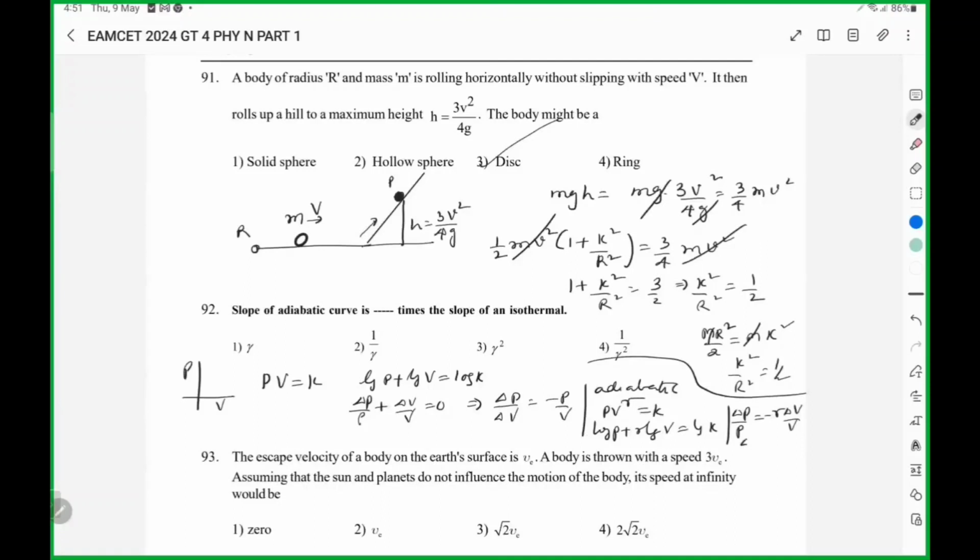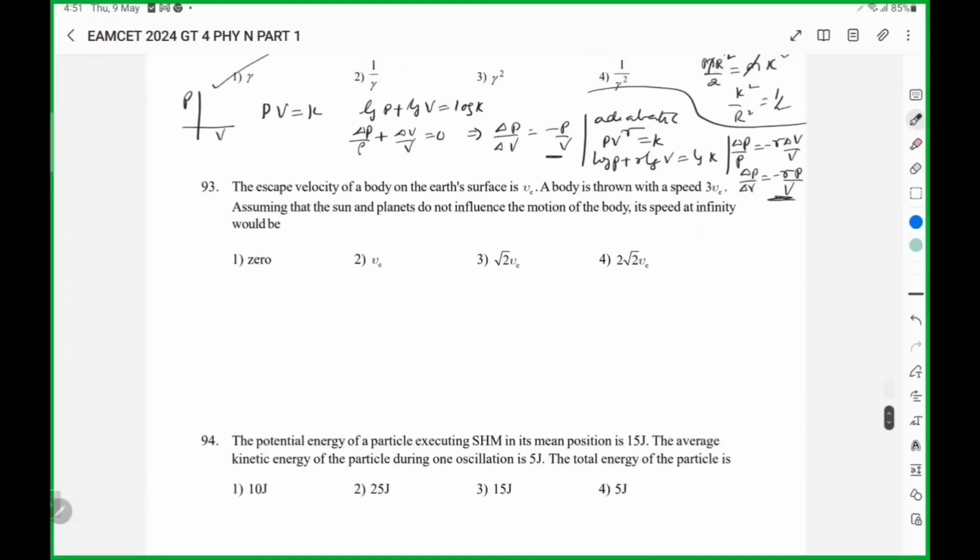So delta p by delta v here is minus gamma p by v. So it is gamma times p by v. The escape velocity of a body on Earth's surface is this. Once it is projected, see if